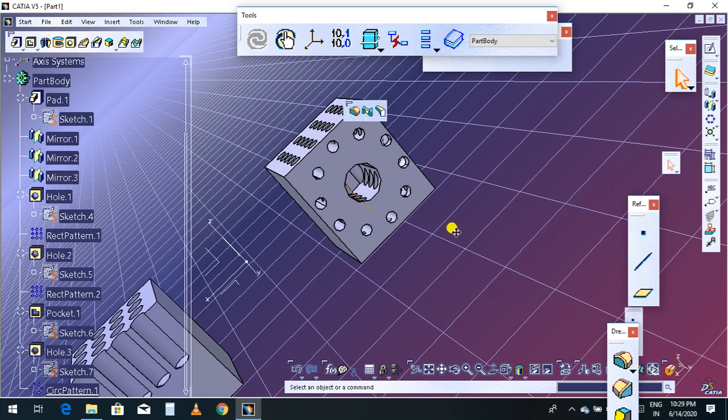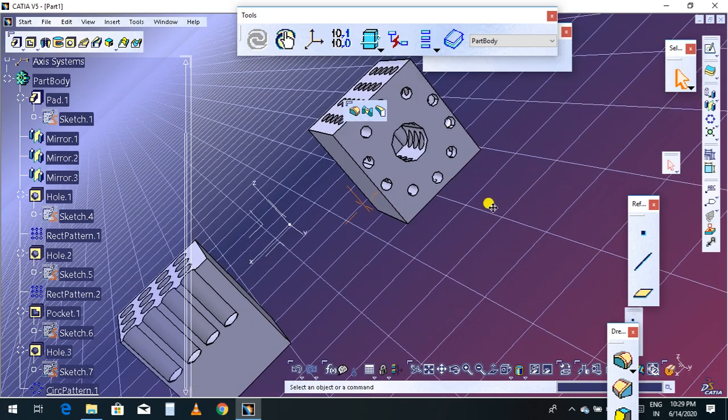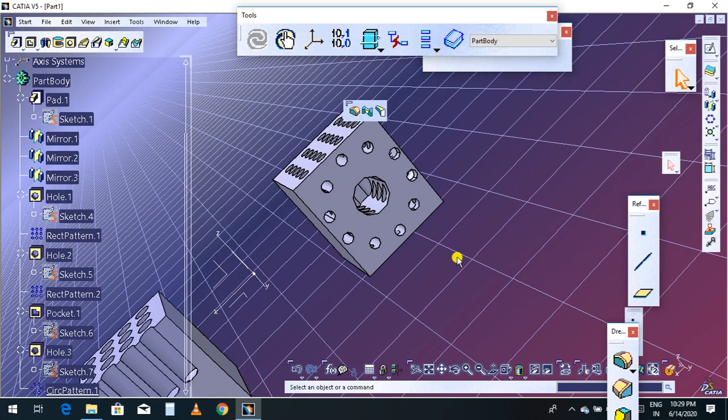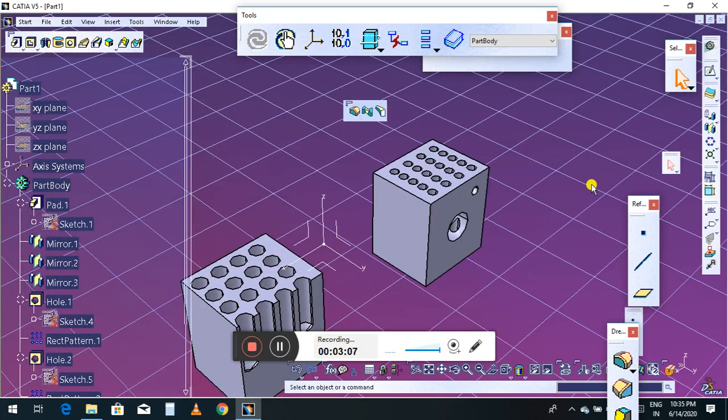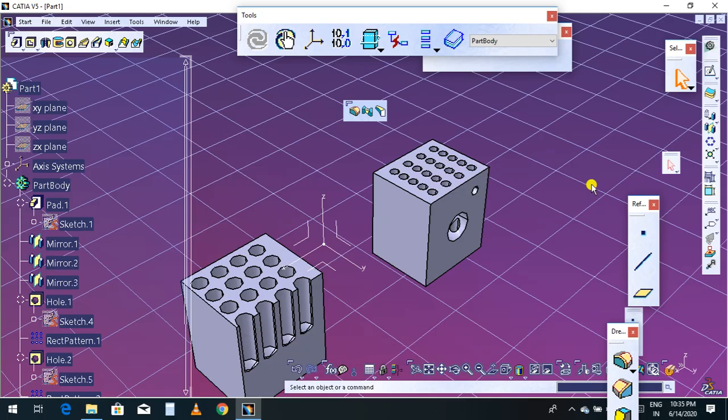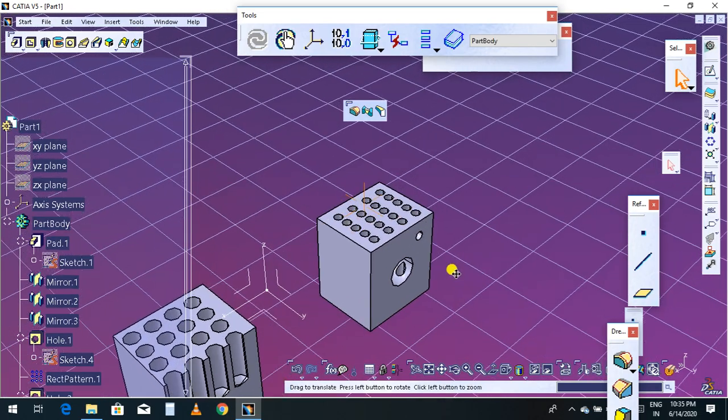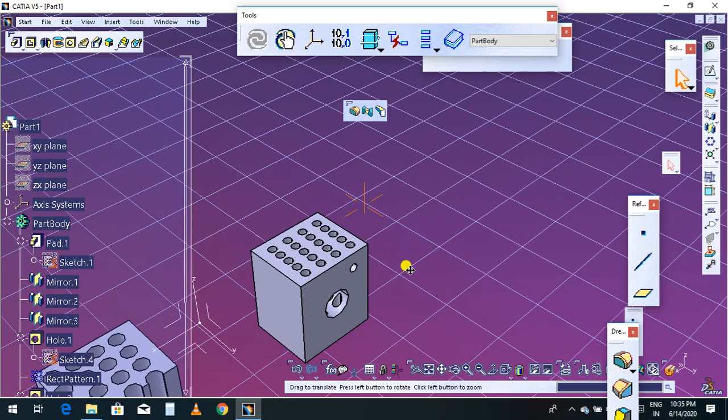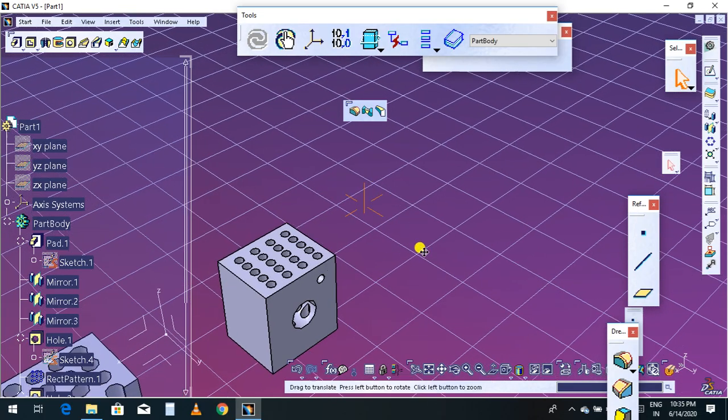Now if you want to circulate through an axis, then you can go ahead with the axis process also. So now what I have to do, I have to make another part.